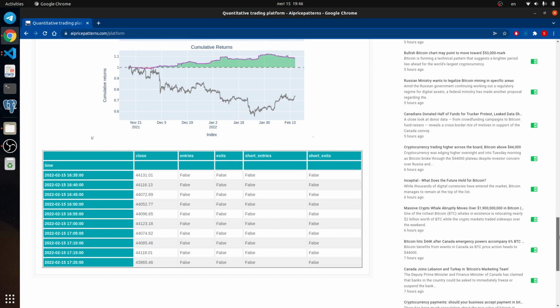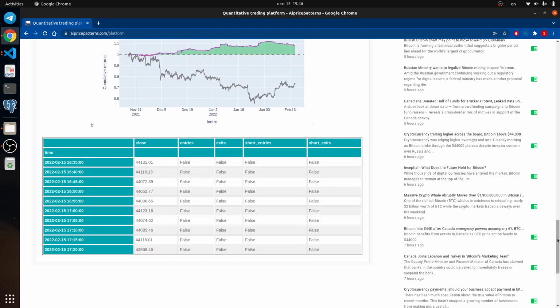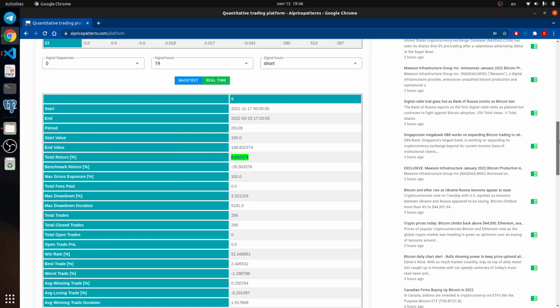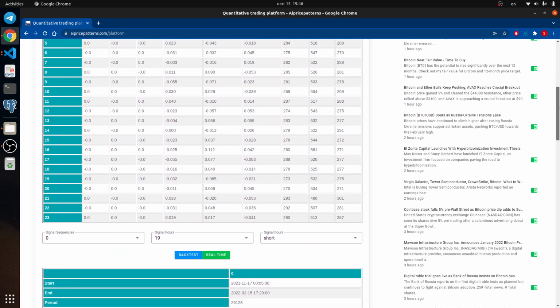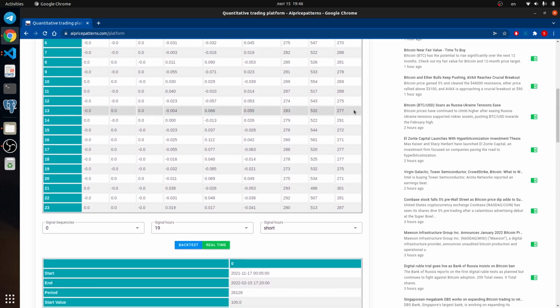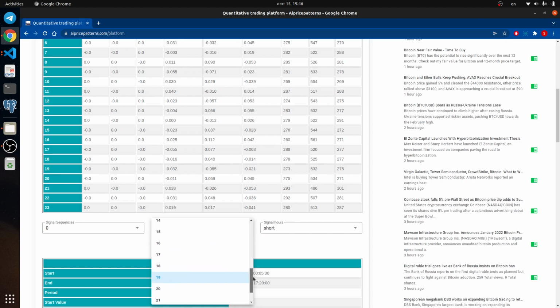When I find some sequences, for example, I would like to test the current situation and see the signal. This is time for GMT 0, this is Greenwich time, and for me it means